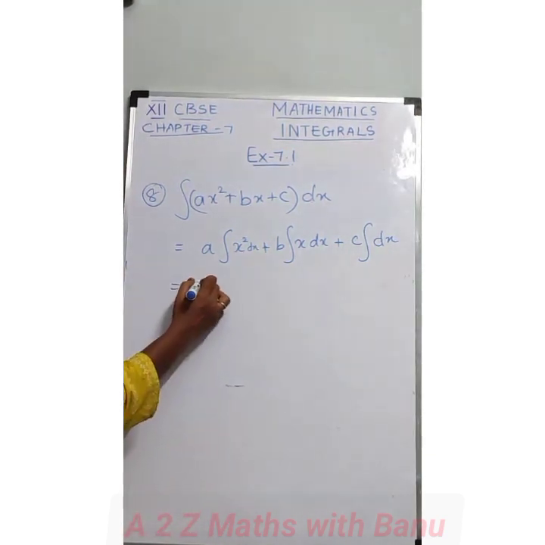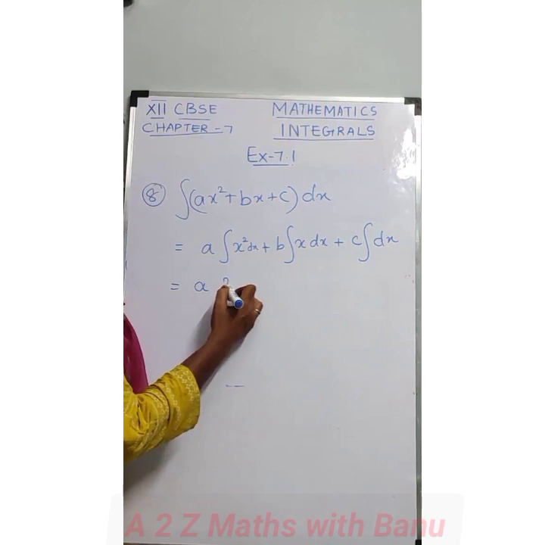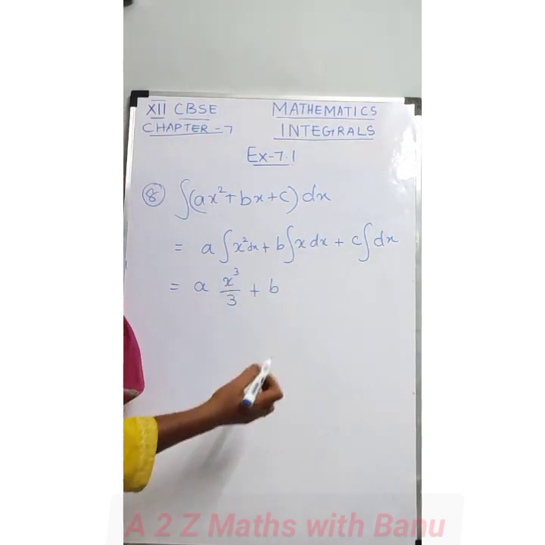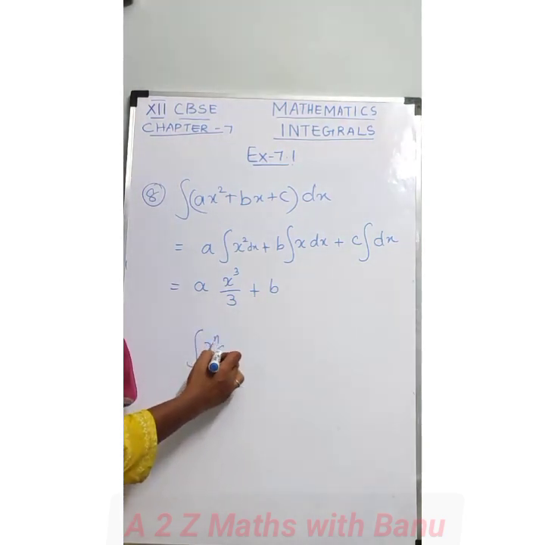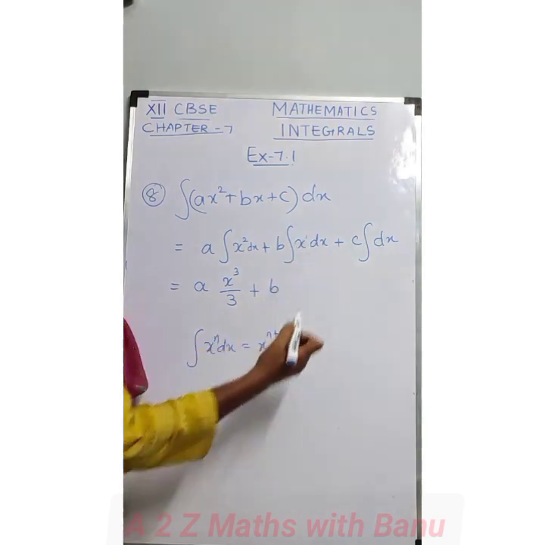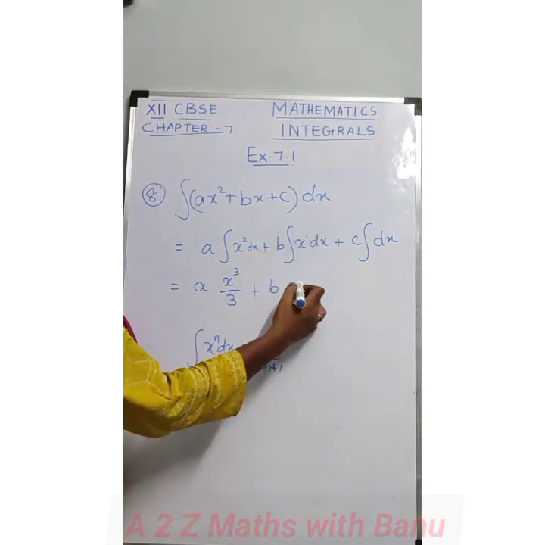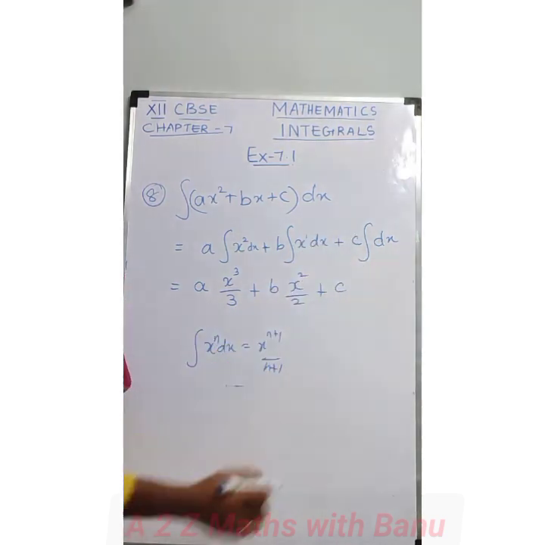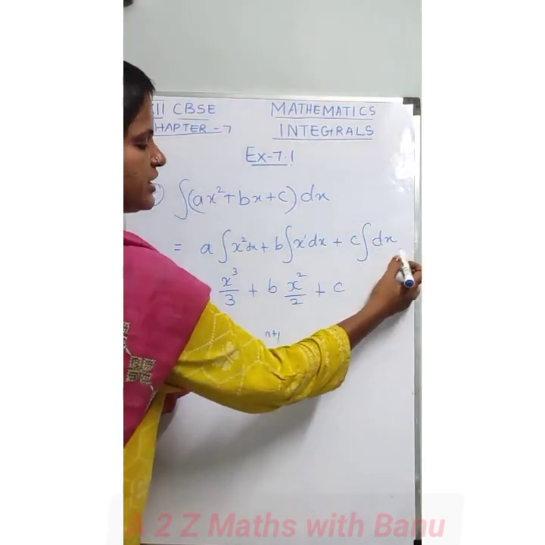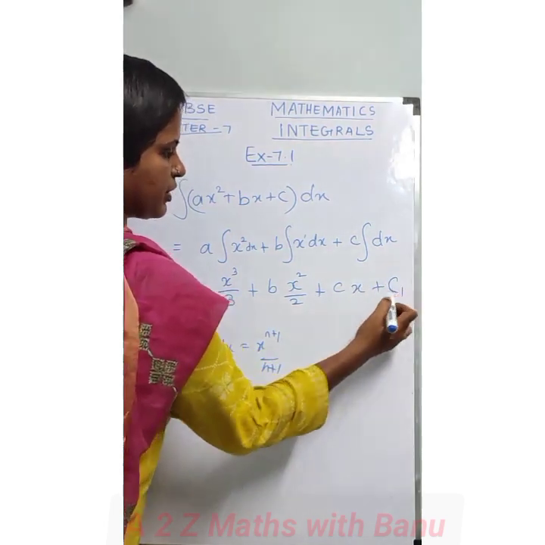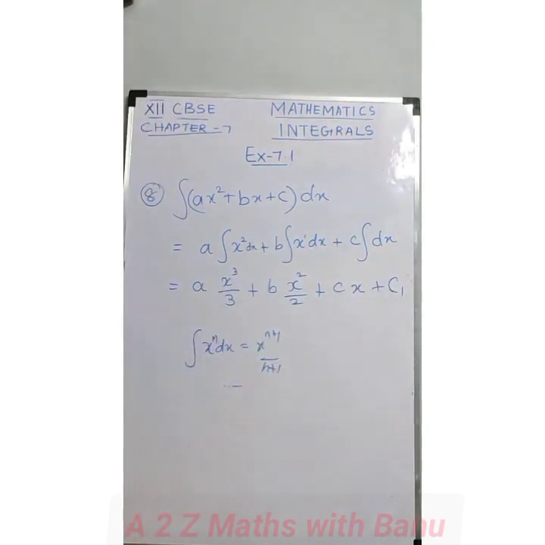And for a, the integration of x square is x cube by 3. Then for b we have x integration, again I am using the same formula. X power n with respect to x is x power n plus 1 by n plus 1. So here n is 1, so n plus 1 is going to be 1 plus 1, which is 2, x square by 2. C being a constant, write as it is. And the integral of dx is simply x, and then you write c1, a constant. Because we are having c, I can put c1, or I can even put d.